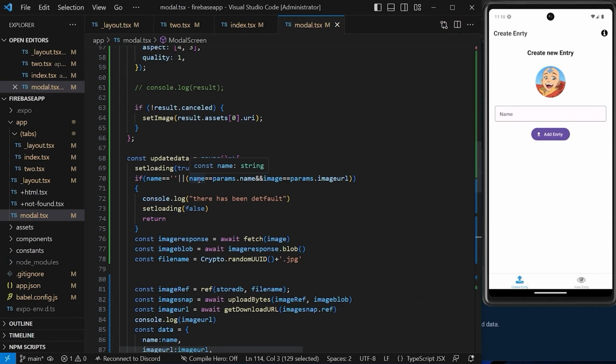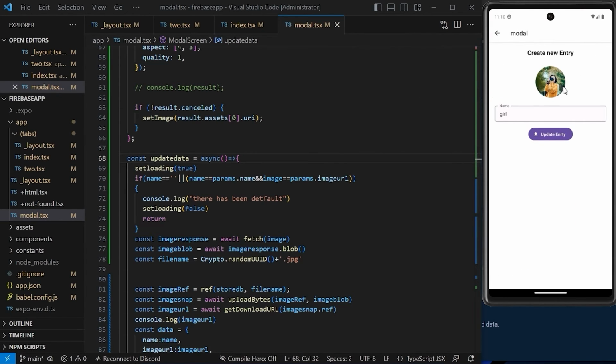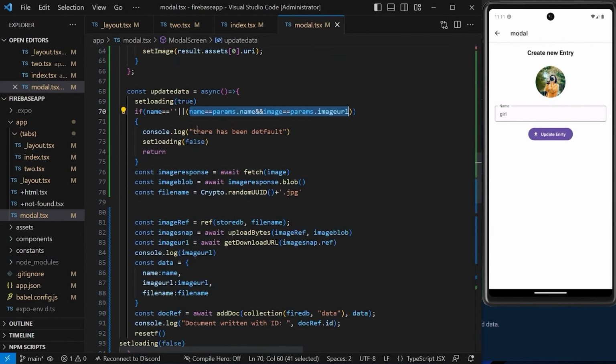What we are doing over here is we are checking if either of these data changes. Let me just go to your update modal. If any of these data changes, then only the update entry should work. If there are no changes, there is no point of overwriting the data in our Firestore. So that's the reason why we are checking for empty or any changes to either of these data. So we'll write here no changes to the console log,